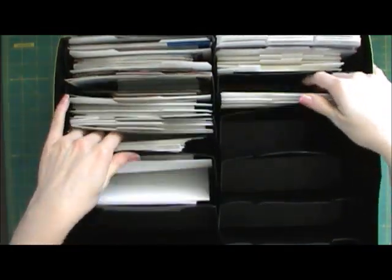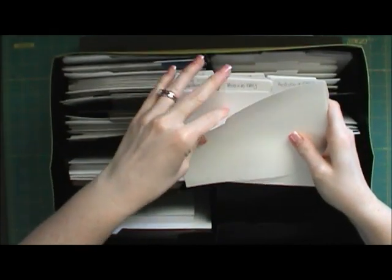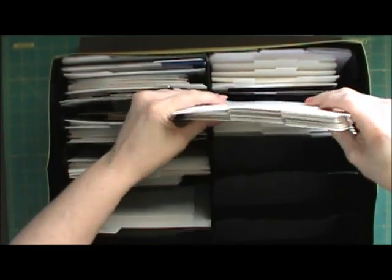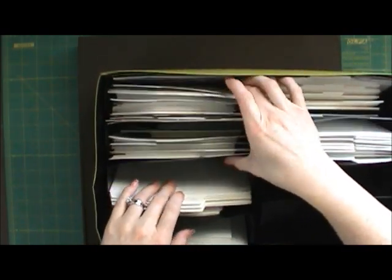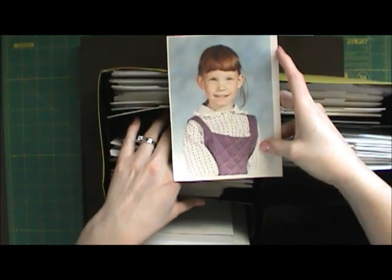It's just this photo box, a Creative Memories box, and I had all these. I'd get my pictures and sort them. You can write on them, so I would write with pencil and erase them, and then I would sort them sort of like this. Now this right here is all the photos I have from my childhood. This is it. There's some of when I was in school,